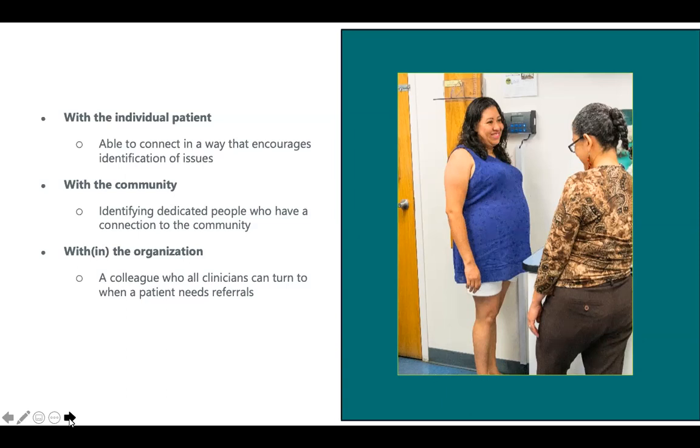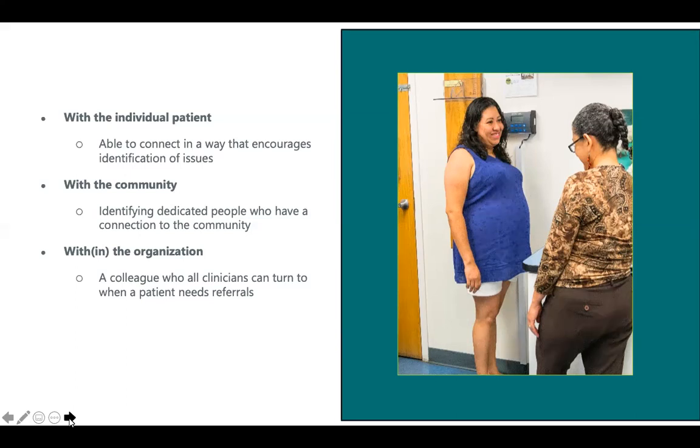A small example would be a time that I was able to chat with a woman who had just come in, brought her newborn for the newborn checkup, and we went through the social determinants of health screening together. She didn't identify any needs at that time, and as I was thanking her for having that conversation with me and answering the questions on the PRAPARE,